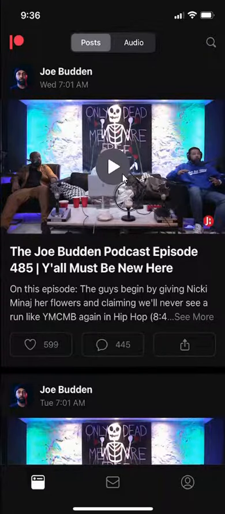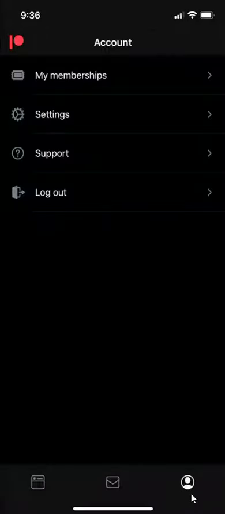Once you have it opened, you want to go to your account page, and you do that by clicking on this icon on the bottom right hand corner. You see this icon? It looks like a profile person type of page, whatever you call it. Anyways, once you're on the account page, click over here where it says settings,